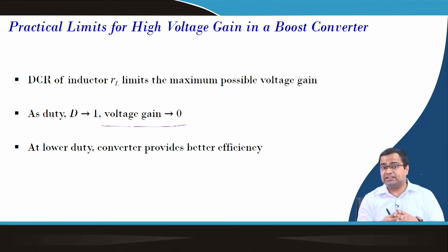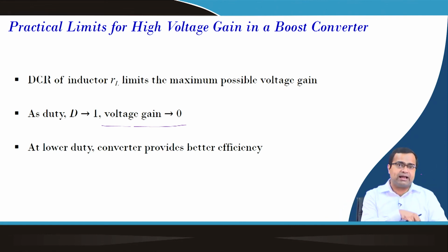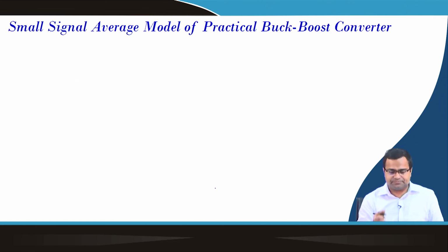One can go for an isolated converter, and recently there is a research thrust to consider the flying capacitor multi-level boost converter, where if you keep on adding flying capacitors, the voltage gain can be increased with reasonably high efficiency. So, in a conventional boost converter, efficiency drastically decreases as the duty ratio increases, that we have seen.